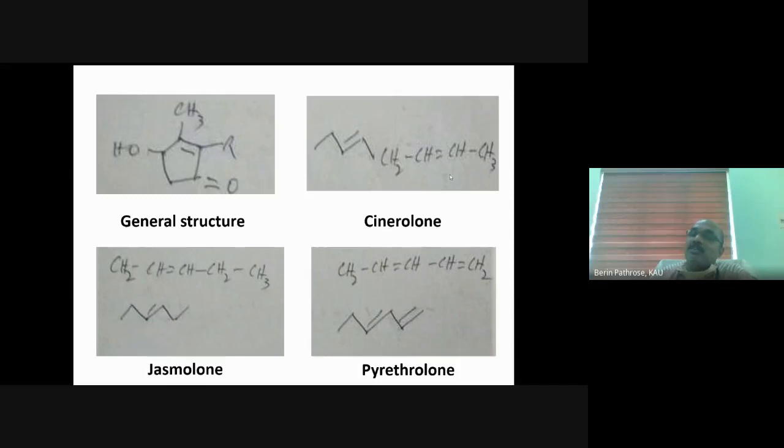It is 4 carbon in cinnarolone, 4 carbon in jasmolone with one more carbon atom attached, and in pyrothrolone we have a 5 carbon side chain, but at the end we have one double bond. The basic structure you can remember. So this is the way cinnarolone, jasmolone, and pyrothrolone look like. And based on these acids and alcohols,